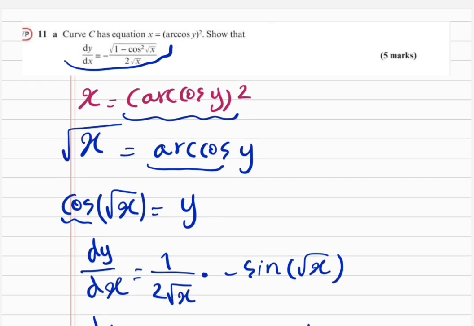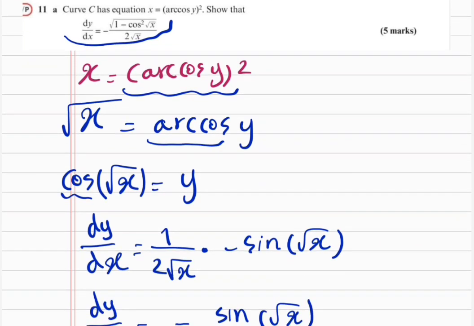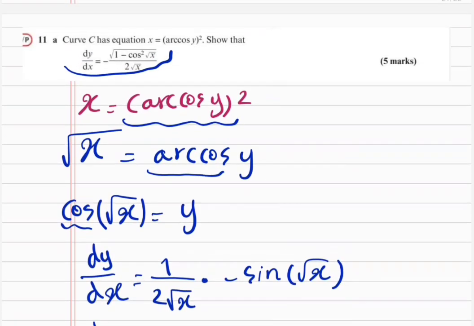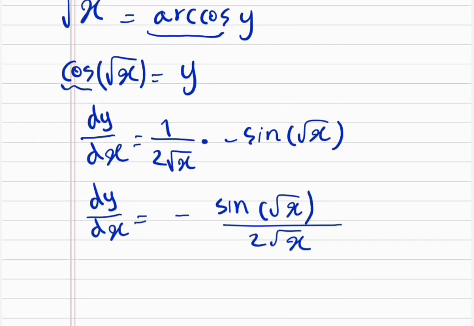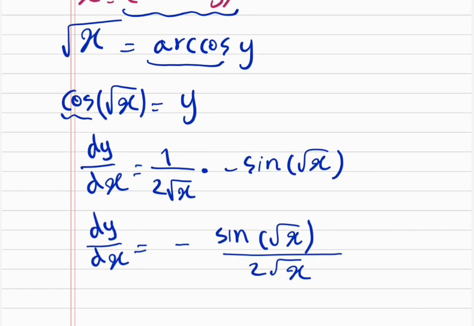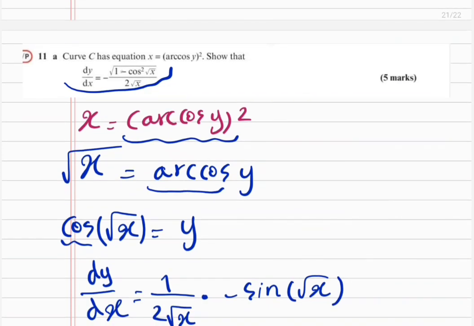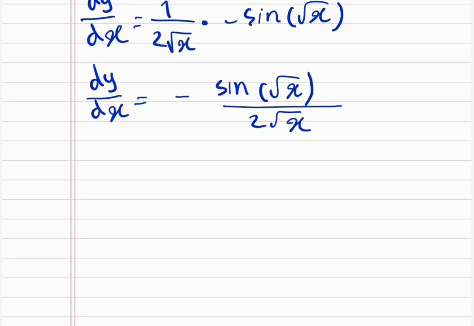But we are not done yet, because the question is asking us to give it in this form. We can already see that the denominator is the same, and also we have this negative sign. The only difference is the numerator, because our numerator is sine root x, but in the question we are expected to have the square root of 1 minus cos squared of root x. So it might look a bit complicated, but it's actually just a matter of using the most basic identity in trigonometry, which is